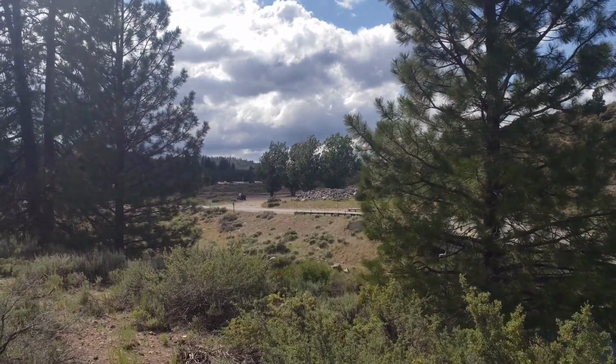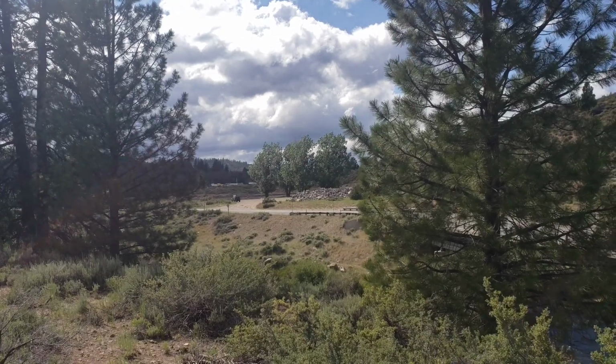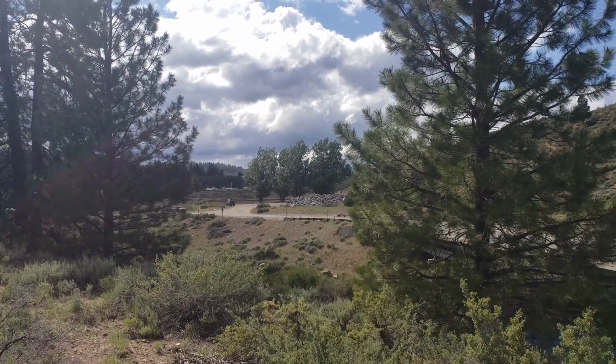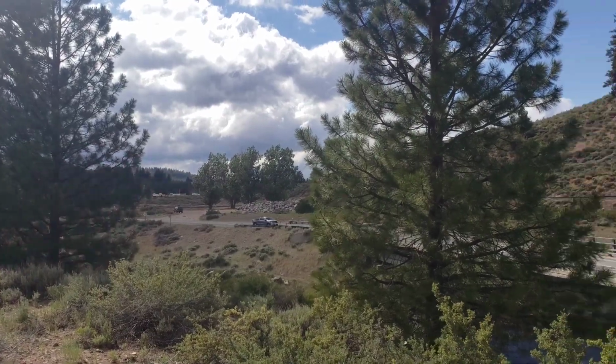So off the interstate to the right, or the north side depending where that vehicle is in the distance, right behind those trees there's a double railroad track, but that's a spot. There's no signage. There was an RV there a little bit ago. I stopped for a lunch break, but